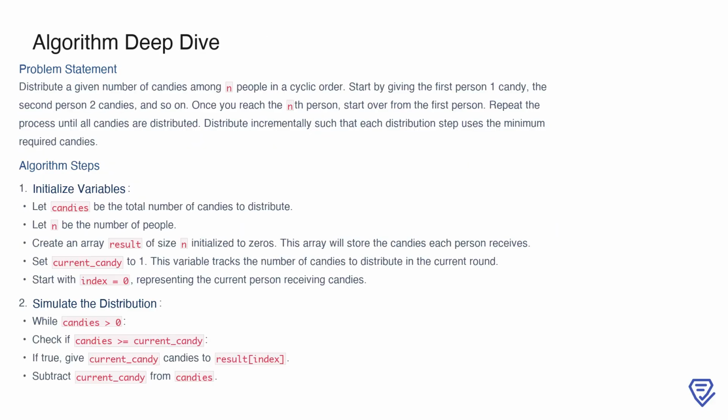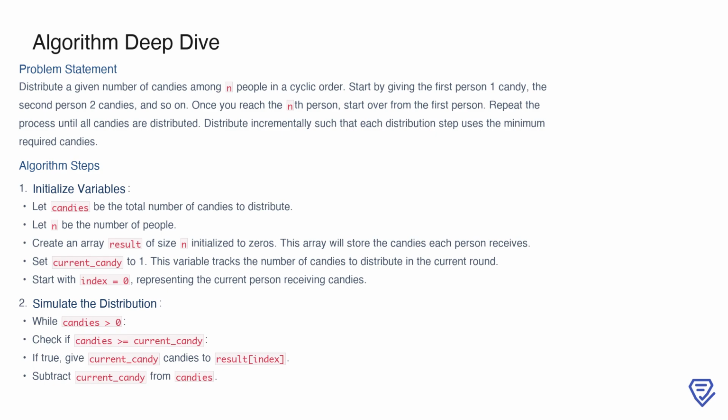accuracy. In this problem, we are tasked with distributing a fixed number of candies among a group of people in a cyclic order. The distribution starts with the first person receiving 1 candy, the second person receiving 2 candies, and so on, incrementing the number of candies given in each step. Once we reach the last person, we cycle back to the first person and continue the distribution until all candies